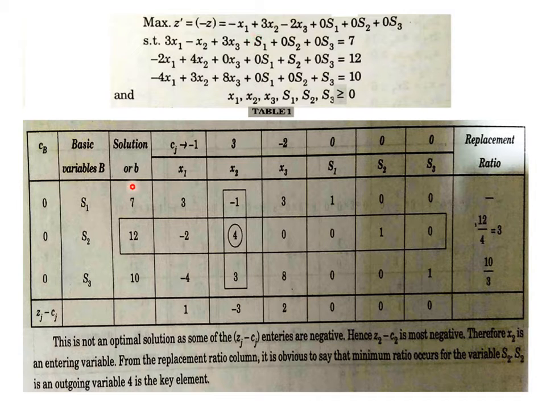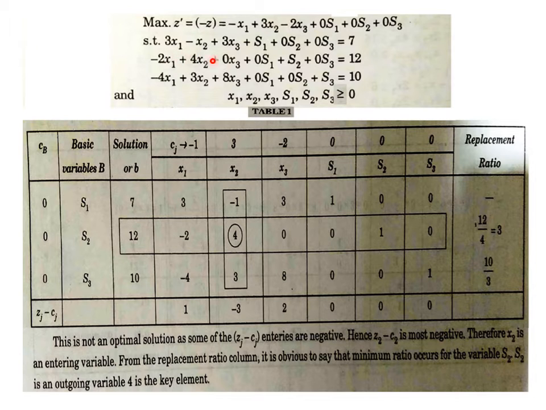And in B, in the basis, we have basic variables which actually make the identity matrix, that is 1 0 0 by s1 at the first place, 0 1 0 by s2 at the second place, and 0 0 1 by s3 at the third place, and the cost of all these, 0 0 0, is written there. CB is the cost of basic variables,